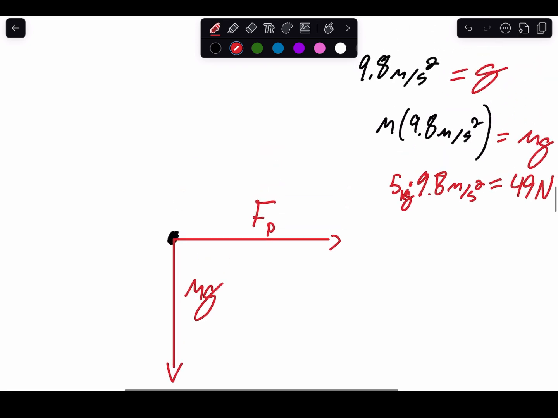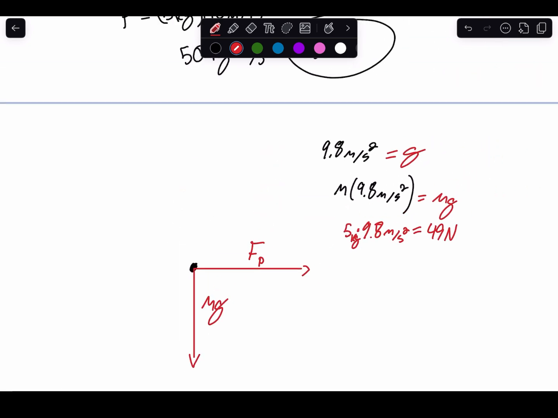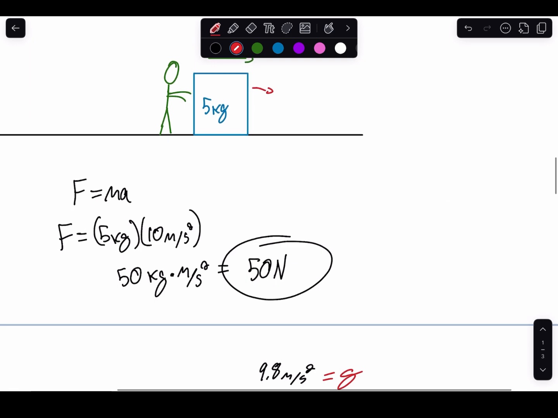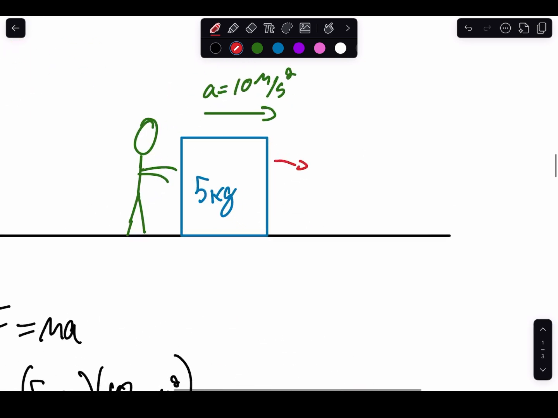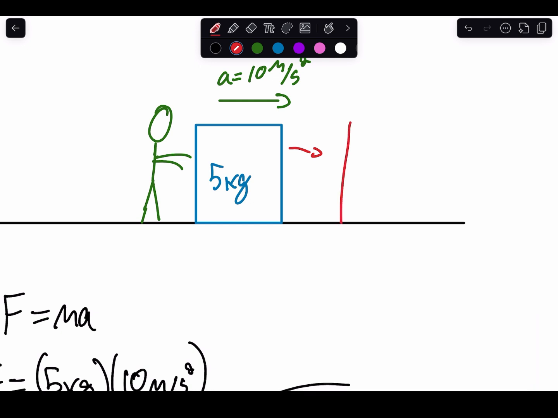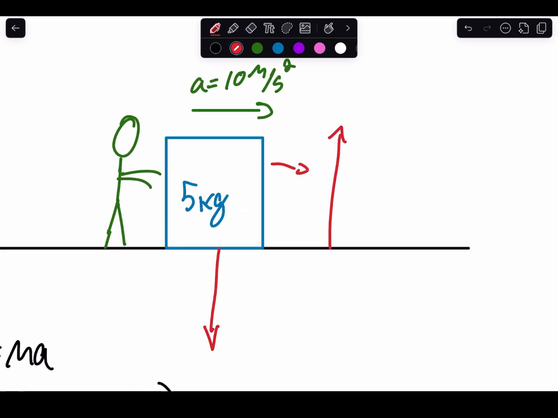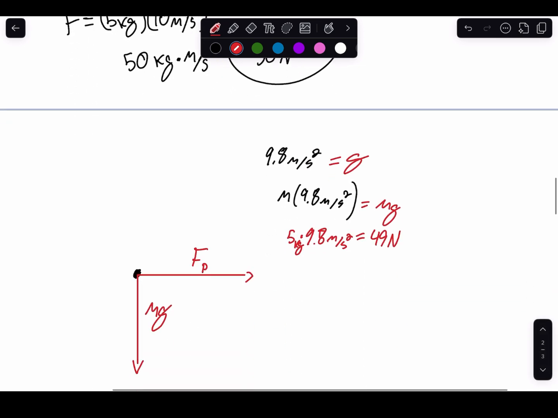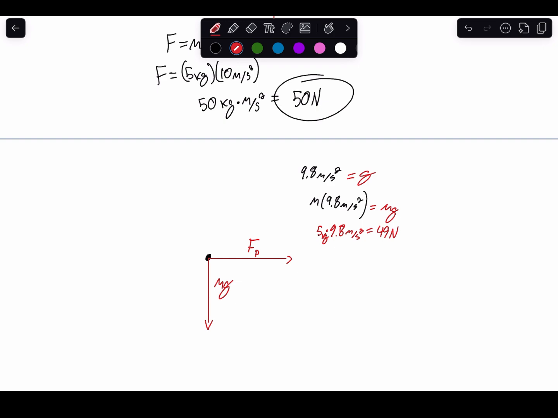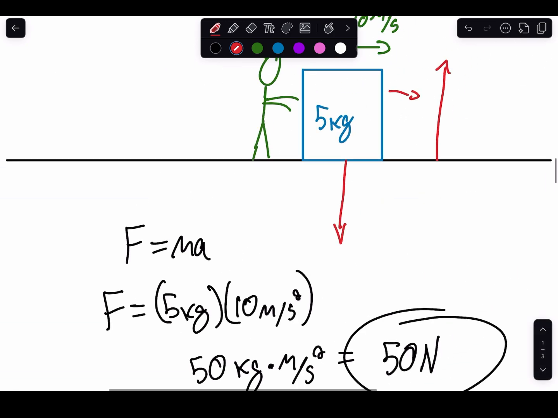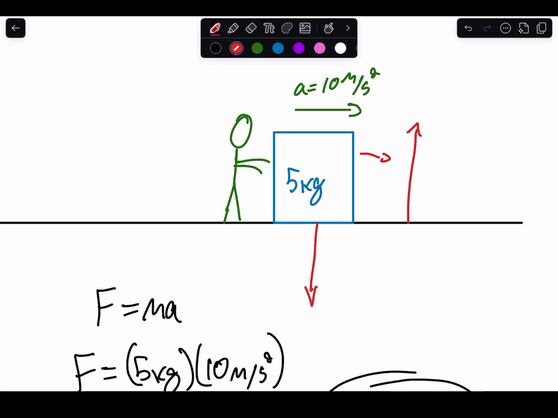So I think that's about it. The other force, the last one, is a little less obvious, but it's called the normal force. That is the force that the ground is exerting on the box. And the basic idea is, if there's gravity pulling down, why isn't the object going down? That's kind of an obvious thing to say because there's a ground there. But that means that there has to be a force acting up from that ground, and that's exactly what the normal force is. There's not one equation, but the essential idea is that it's a force